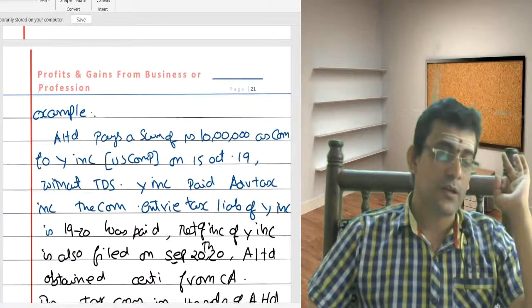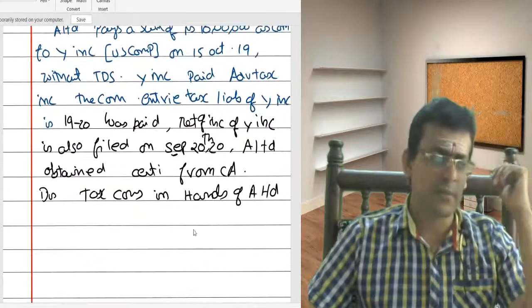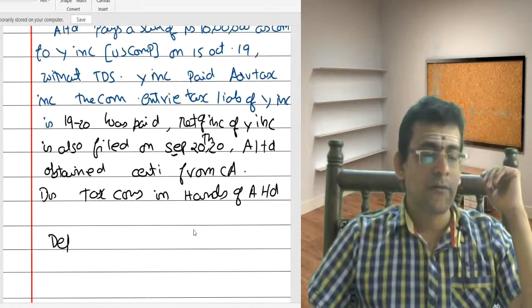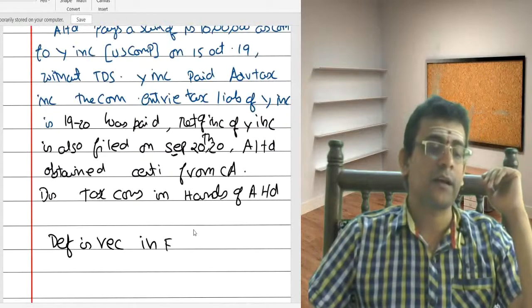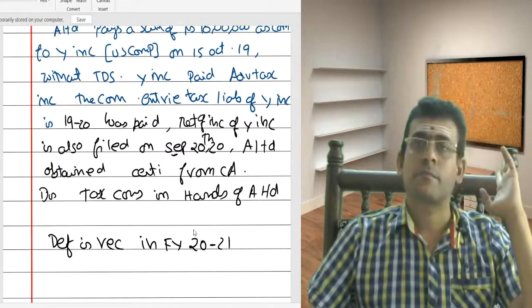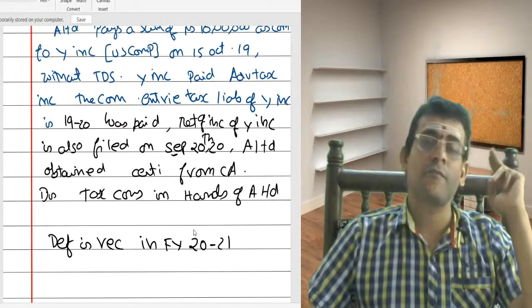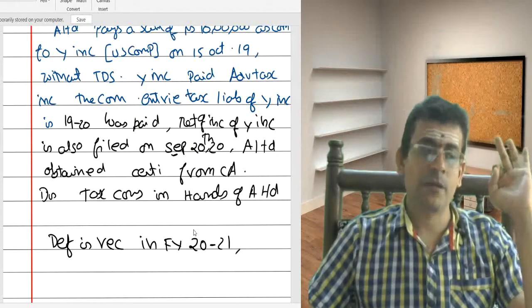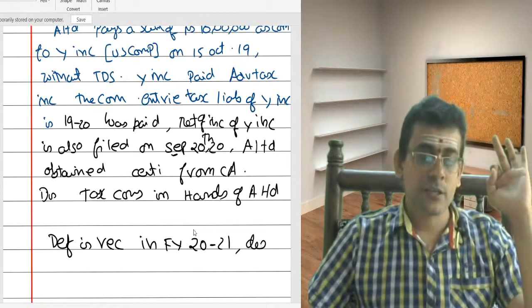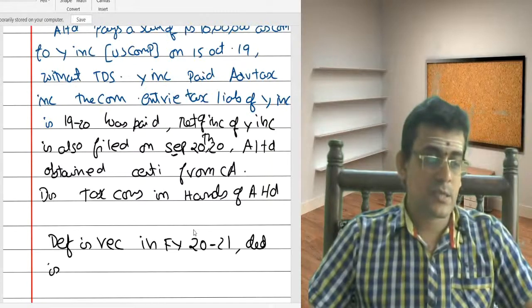So that means what? Return of income. So simply speaking, I can call the default rectified in financial year 2021. The default is rectified in financial year 2021. So as the default is rectified in 2021, deduction is allowed